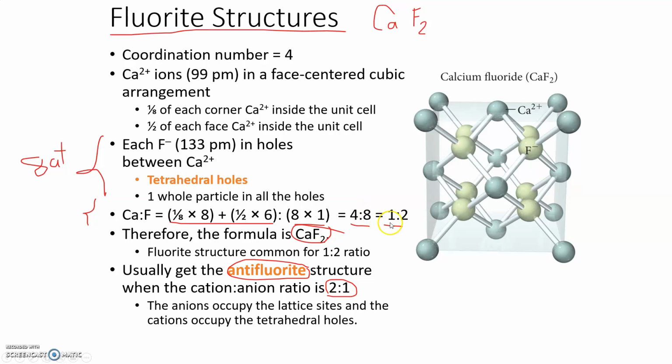So the formula is 1 to 2, and that's why you have 1 calcium and 2 fluorides